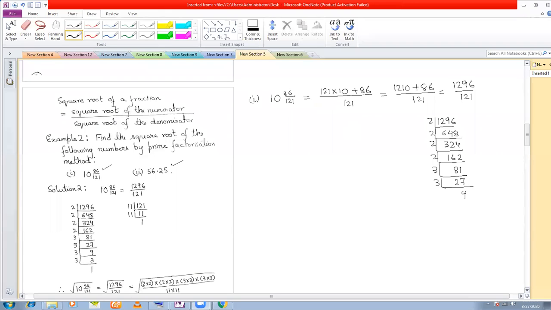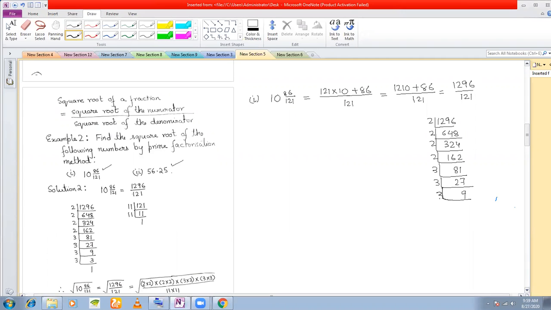you turn it on. So remember, whenever you are prime factorizing, you will always use the lowest factors. For example, 81. You can divide it by 9 also, but we'll use 3 because 3 is the lower factor. So we have prime factorized the numerator. Now we'll prime factorize the denominator. This is 11 into 11. This is easy.